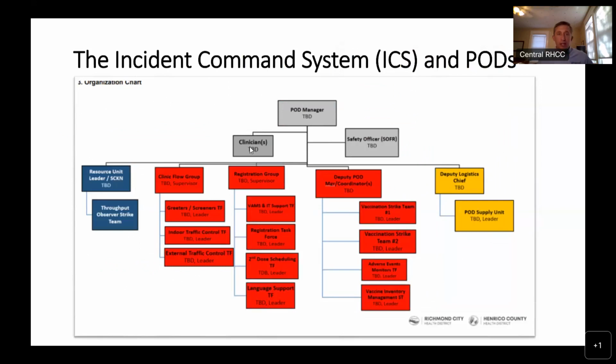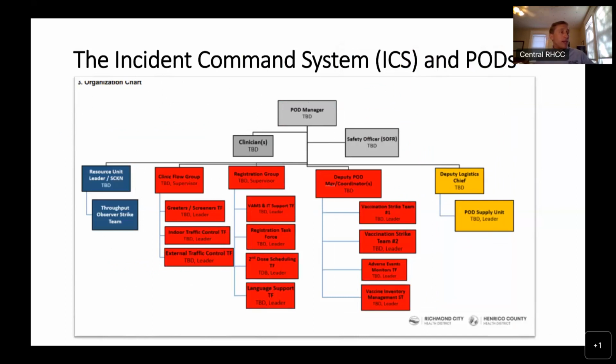So here is the organization chart for one of our pods, and you can see at the top you have a pod manager. And I just had to be determined in each of the sections here. This was really just like a diagram. But you can see here at the top you have the command staff, which is those gray boxes. And then on the bottom you have your general staff, starting from the left with the blue,